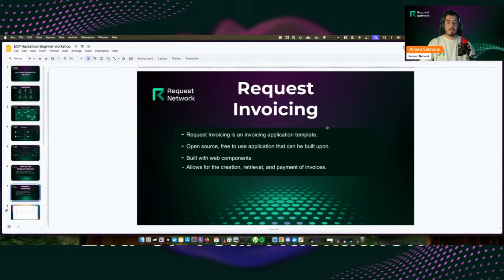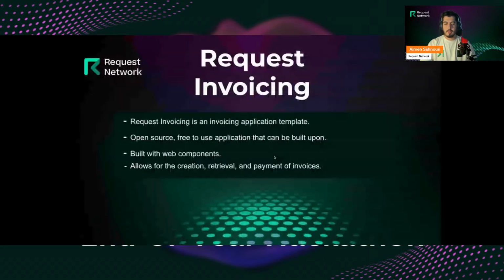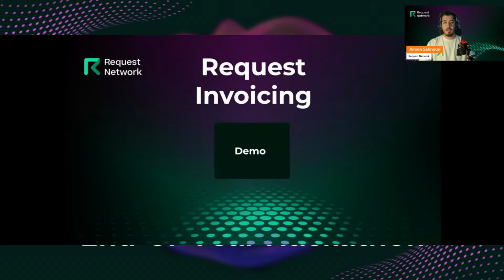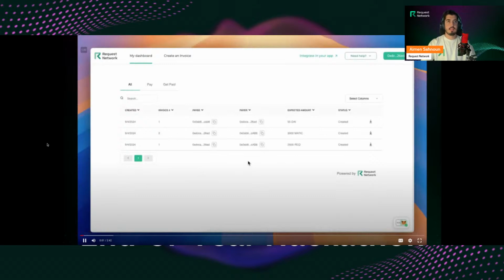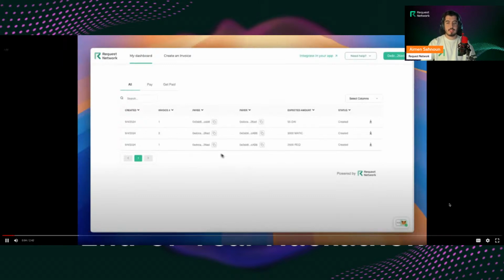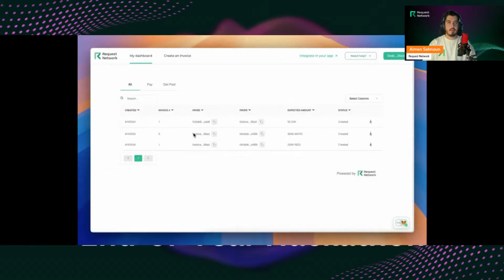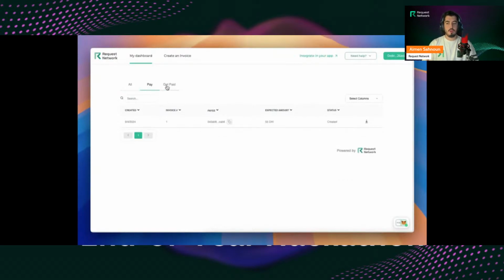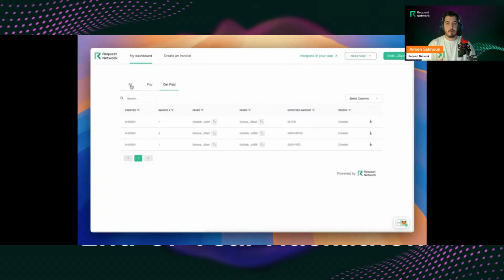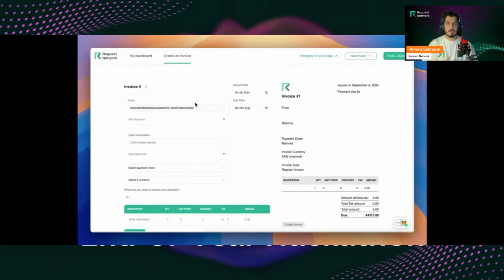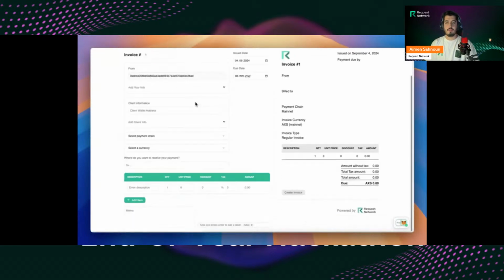So the way request invoicing works, it's built on top of Svelte as a web component, and it allows you to create and retrieve and pay the invoices. And we have here a small demo for you that we can start. And this is how our request invoicing looks like. We have a dashboard component that would, as long as the wallet is connected, show you all of the requests, and you can sort them by the requests you have to pay and the requests you have to get paid. And we also have a create invoice